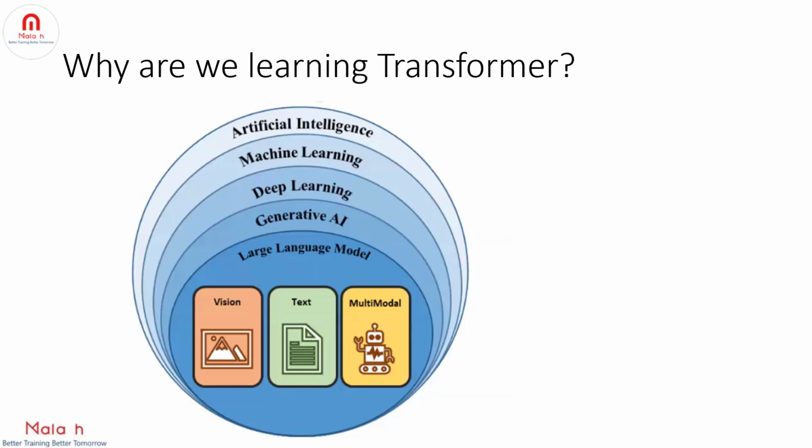So why are we learning transformer, right? We will know how these large language models are built and the architecture behind these LLMs, that is GPTs or any other pre-trained models. In generative models, 90% of the models are built on top of the transformer architecture, right? And I also want to clarify here, not all the models are built using transformer architecture. For example, deepfake video generation is built on top of GAN networks. But the majority of generative AI models are built on top of the transformer architecture.